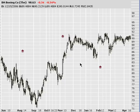You notice right now I'm looking at a chart on Boeing, and I think Boeing was a classic example. If you'll recall, about a month or two ago, this was a setup that we had talked about. Let me draw it out here for us. We were watching this as an ascending triangle,